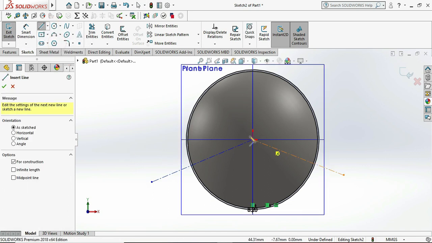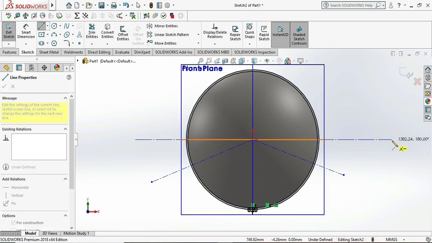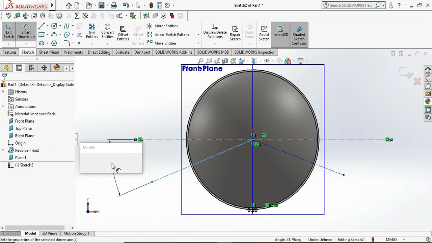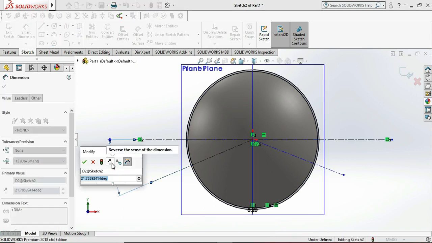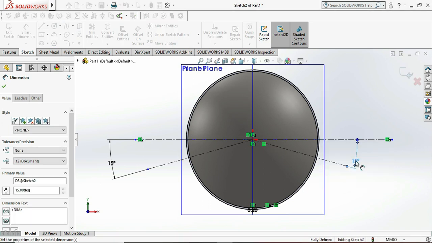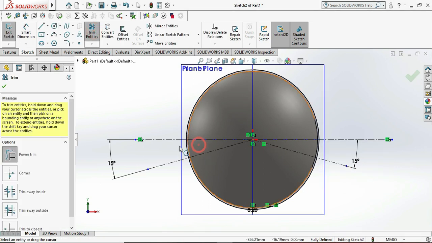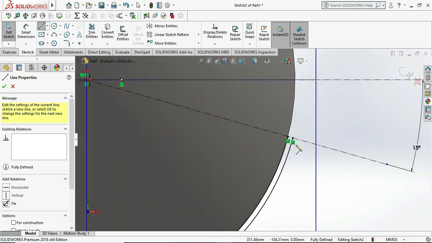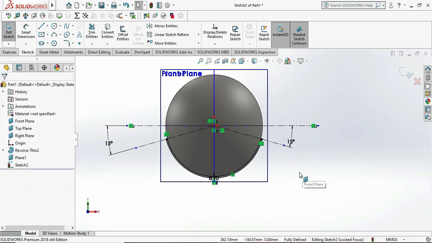Draw the reference lines or the center lines at 15° to both sides and trim the remaining portions. Then join the remaining portion and exit sketch and go to the features, go to the extrude boss and extrude it